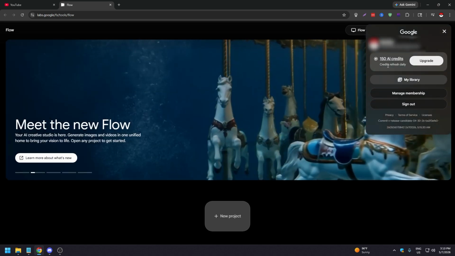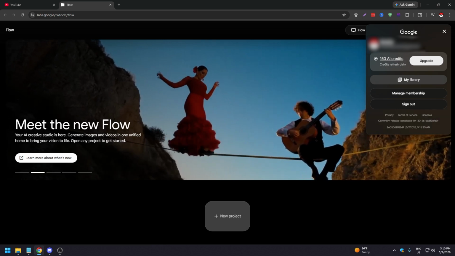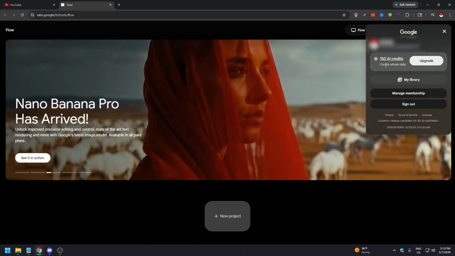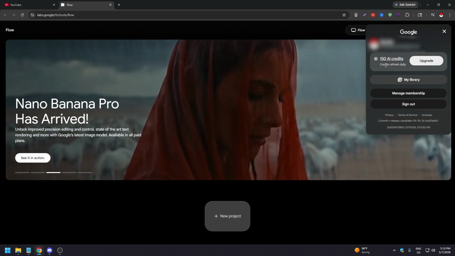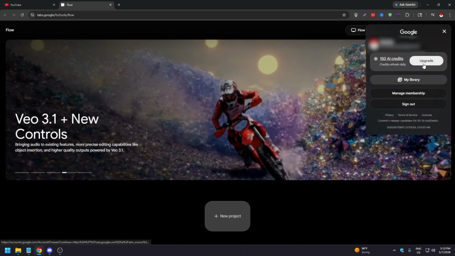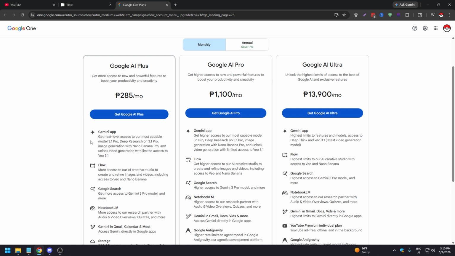Once you are here, as you can see, it says 150 AI credits, which means you get 150 AI credits for free daily. It does not stack, it resets. But if you want to add more credits and you have the money for it, you need to click on upgrade, like so. It's going to open a new tab, and here you're going to see the pricing plans for each